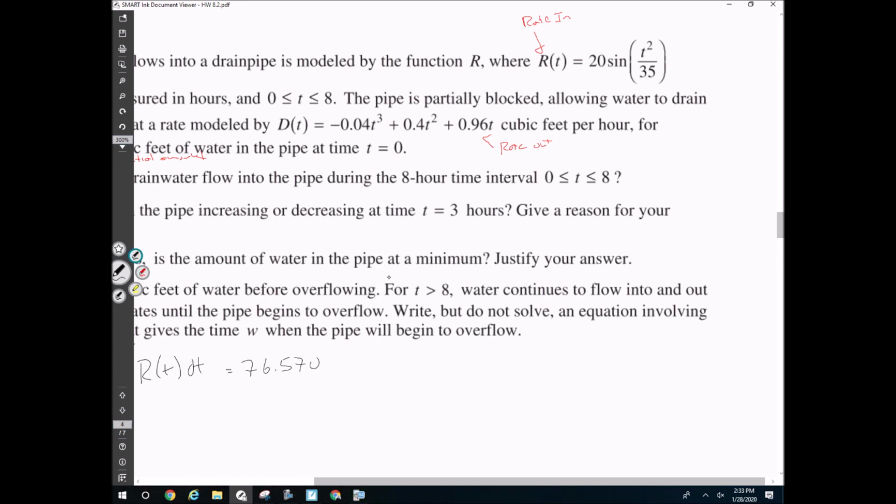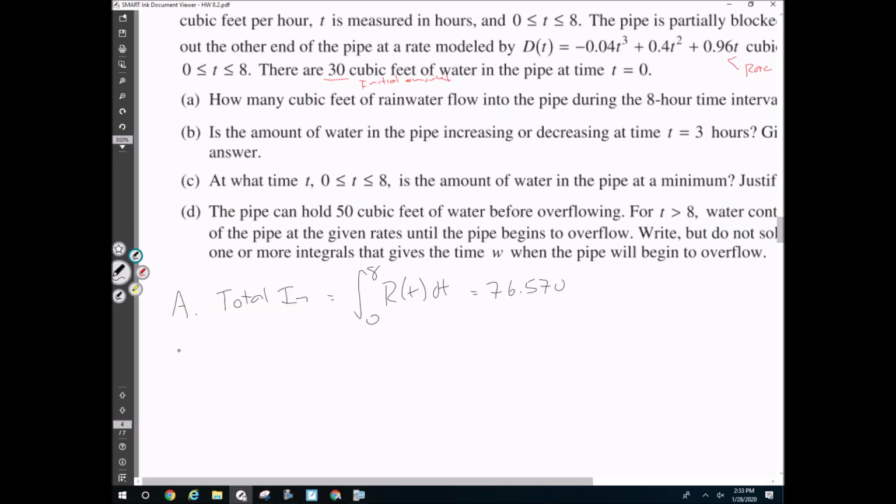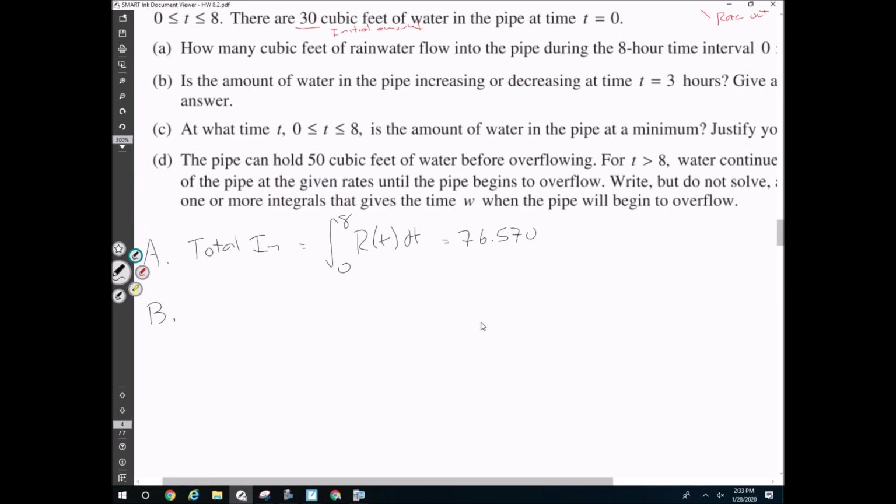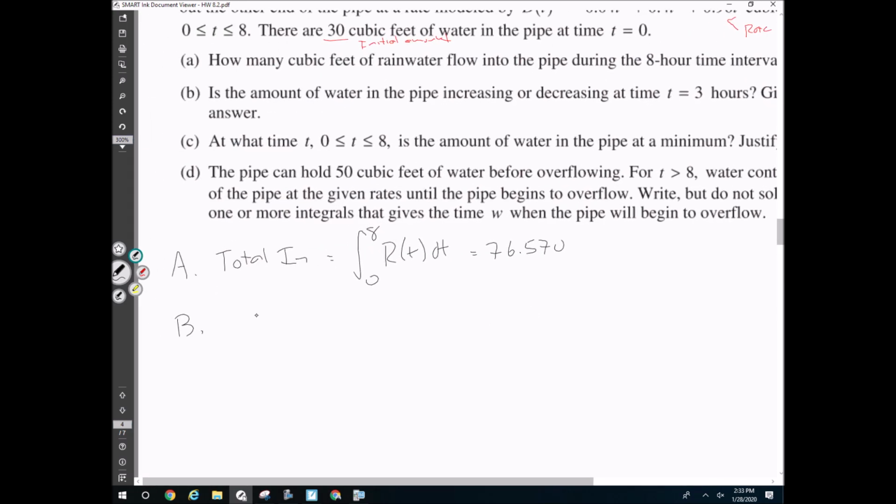It would be in cubic feet total. Part B: is the amount of water in the pipe increasing or decreasing at t equals 3 hours? Give a reason for your answer. Okay, well, my total